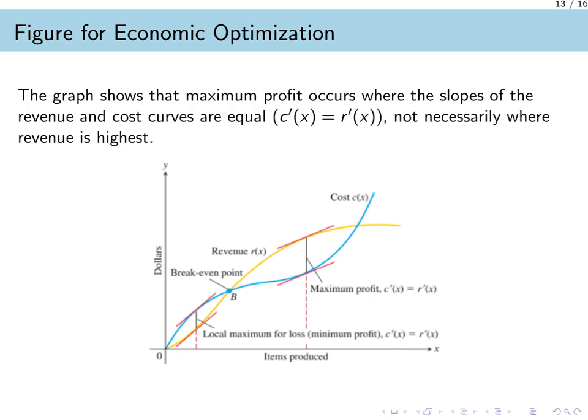This point of maximum profit occurs where the slopes of the two curves are identical, which is the visual meaning of our condition that marginal revenue must equal marginal cost. Do not confuse this with the break-even point, where the total revenue and cost are equal, not their rates of change. To maximize profit, you find the production level where the cost of making one more item exactly matches the